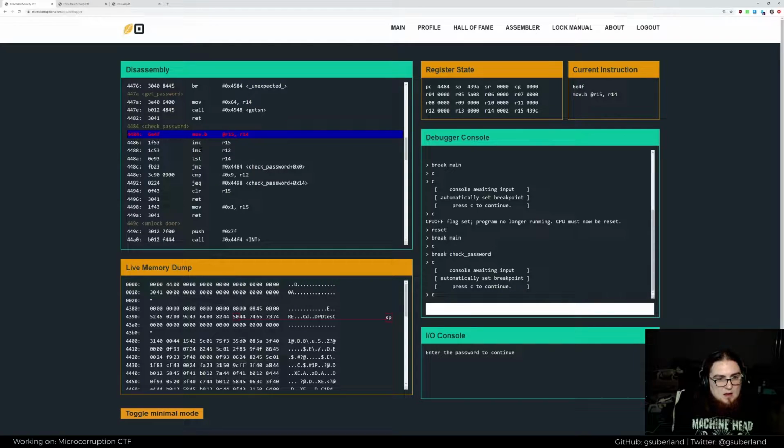Looking at this, it's moving from memory into R14, incrementing registers 15, 12, and of course 15 is the pointer of where we're pointing to in memory. I think instead of reading one by one, it's incrementing by